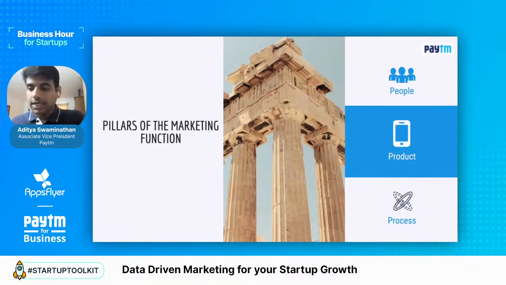So I'm going to talk about the pillars of the marketing function today for high growth, early funded startups, right? And that's people, product, and process. In process is where I'm going to zoom into data-driven marketing. But I speak to a lot of co-founders and founders of smaller companies today. I'm looking at how they're growing and setting up their marketing practices. And I feel there is something I'd love to share in terms of having a people strategy for a young startup and a product strategy as well, which both also form the pillars of setting up a good